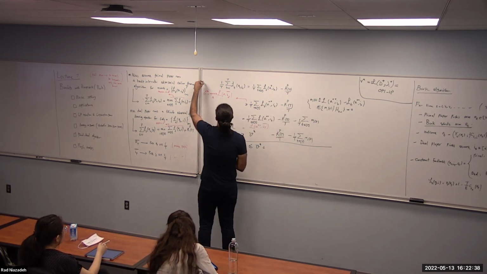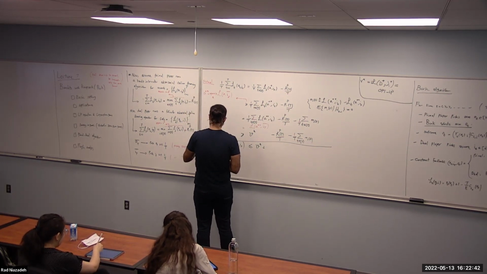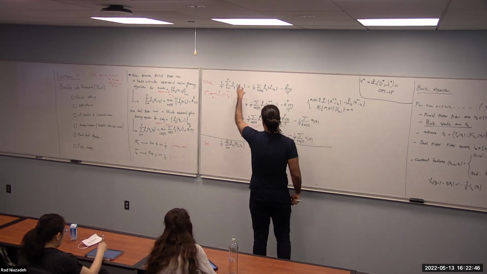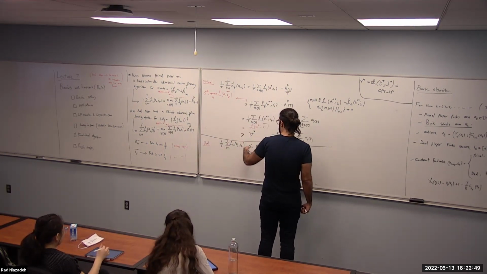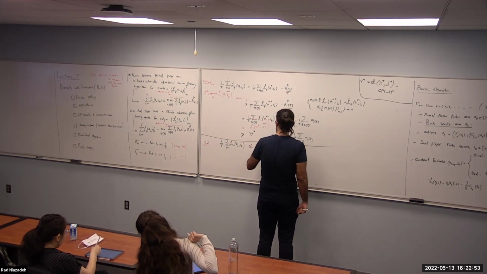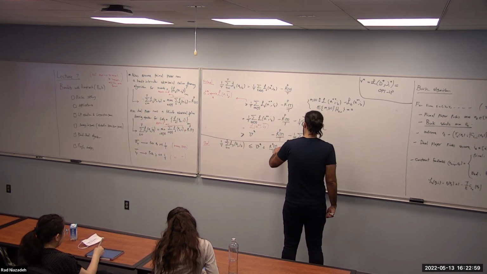This is for the primal player, and this is going to be for the dual player. For the dual player I can repeat the same calculations. The average cost is going to be at most v star plus R D_T divided by T, plus 1 over T summation